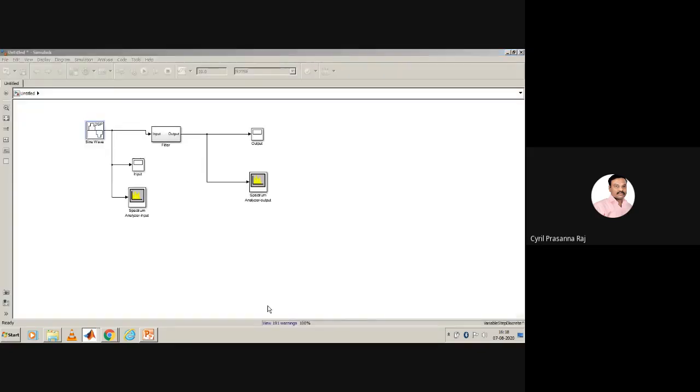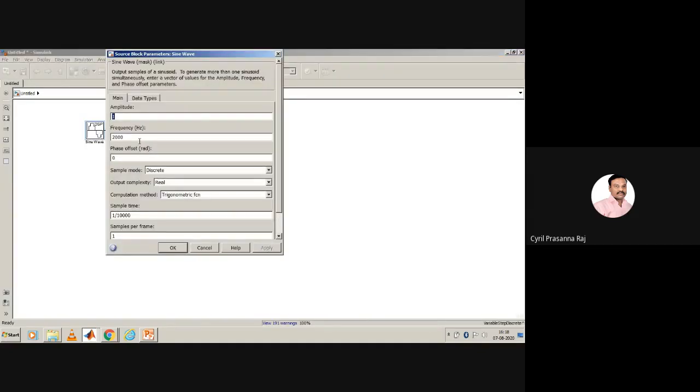Now let us check whether, if the input is made 6000 hertz, will it work? So if I change this to 6000 hertz, I should make the sampling frequency at least four times that, so maybe I'll change this to 24,000. Okay, then only it will work.